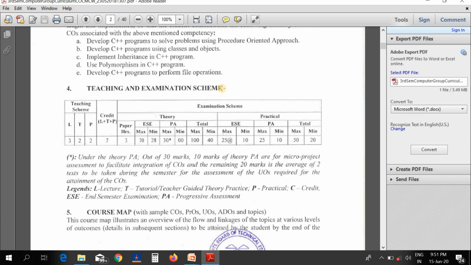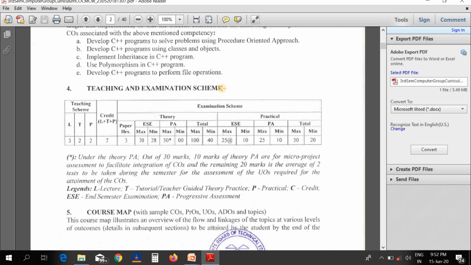The total end semester evaluation is for 70 marks. And the total progressive assessment is for 30 marks. The 30 marks are divided into unit test, class test and micro project marks. The total is out of 100. You need to get a minimum of 40 marks for passing.